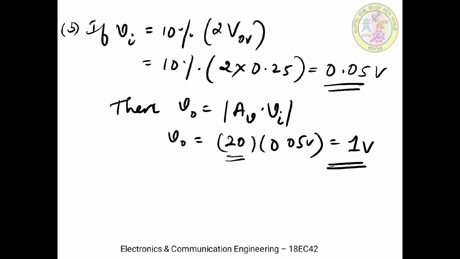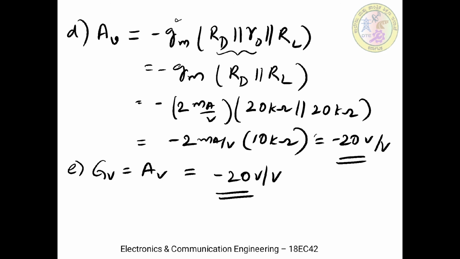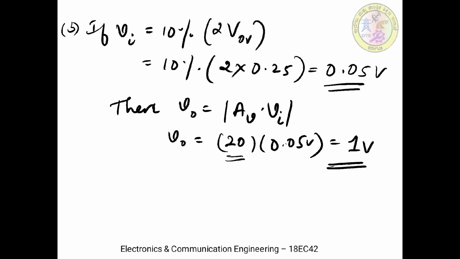If gain is increased, then obviously our V naught will also get increased. So this is how AV is an important parameter in amplifier design. And further, the voltage gain AV will be decided by what parameters? Gm, as well as Rd, r0, RL. So the voltage gain AV depends on all these factors. Therefore this is the solution to the given problem.